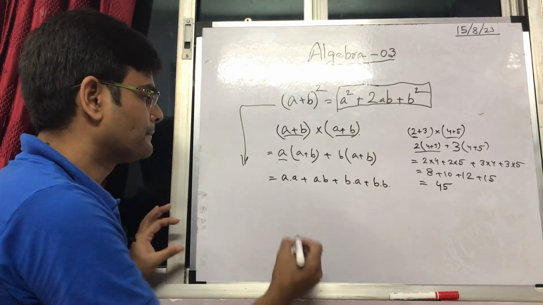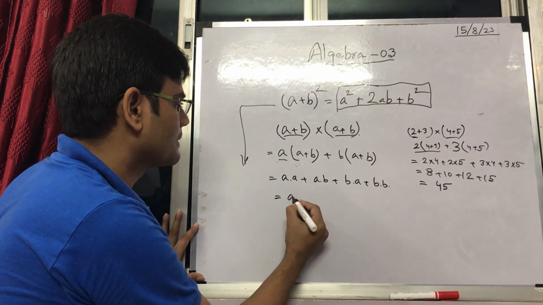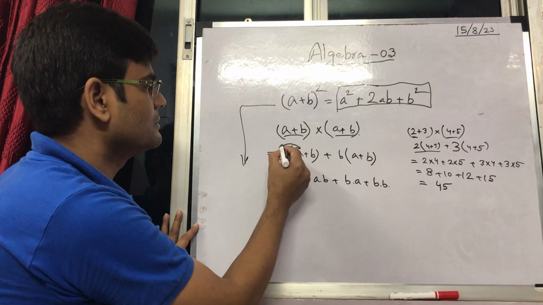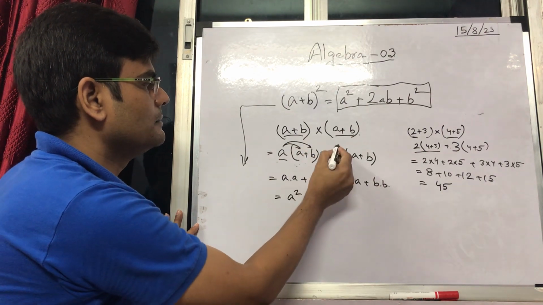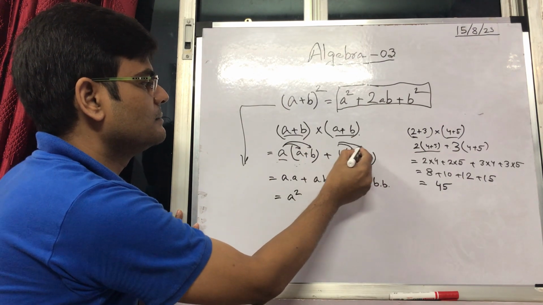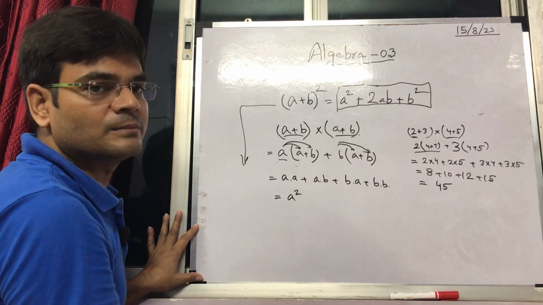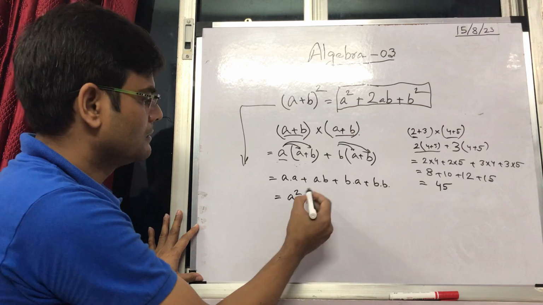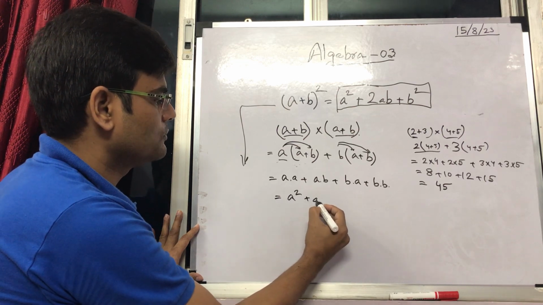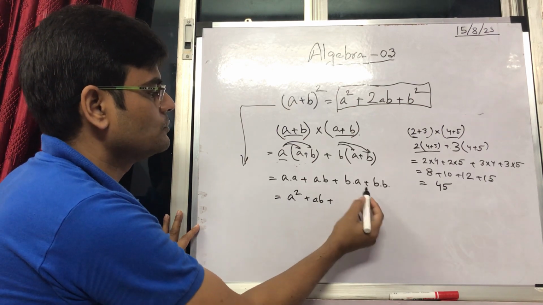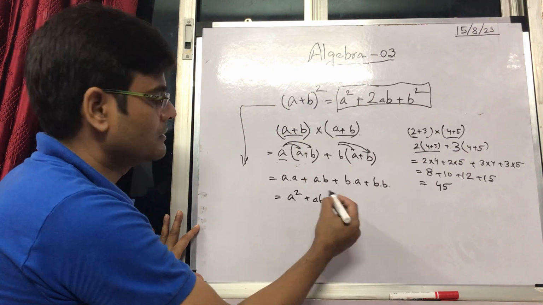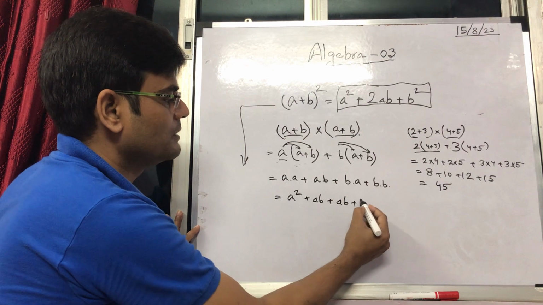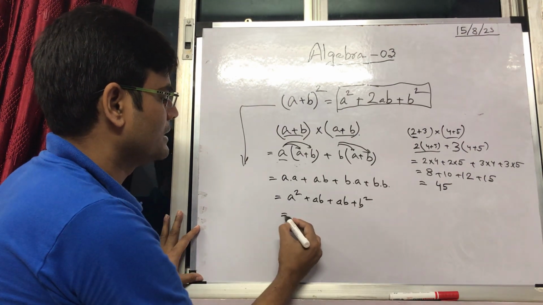Next, a into a is a square. You understood, right? a gets multiplied with this one, then a gets multiplied with this one, b gets multiplied with this one, and then b gets multiplied. And similarly the signs also get multiplied. Everywhere we have plus, so plus into plus is plus. So a square plus a into b is ab, b into a is ab, and b into b is b square, and that gives us